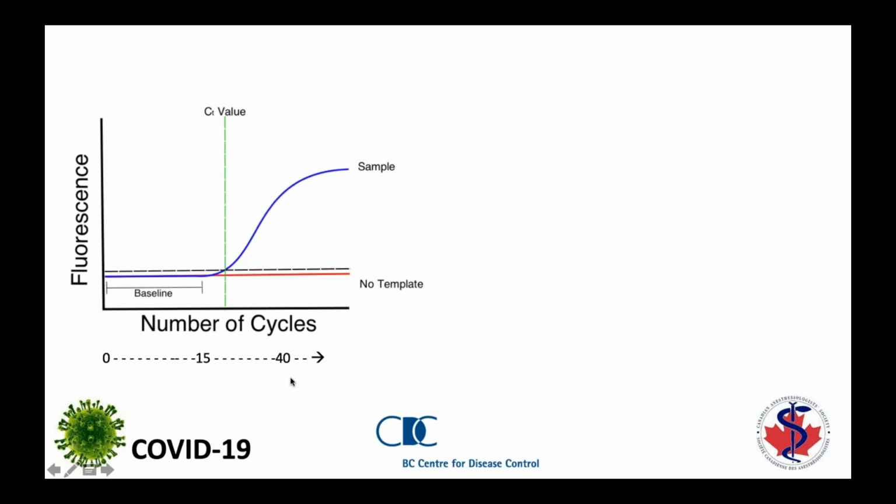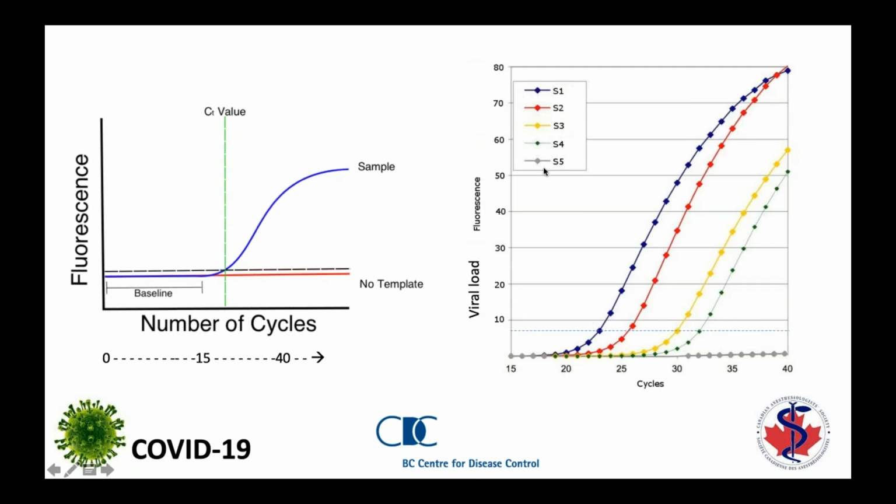Okay, a little bit of biochemistry and microbiology. This curve here is very important. Again, it shows the number of cycles on the x-axis, and the fluorescence, which is a correlation of viral load, on the y-axis. This curve shows the exponential increase of DNA during the PCR reaction. So for example, you have samples 1 to 5 generated on what a typical result would look like for us. You can see here that sample 1 intersects the cycle threshold at a CT of 23, sample 2 at 26, and sample 4 at a CT of 32.